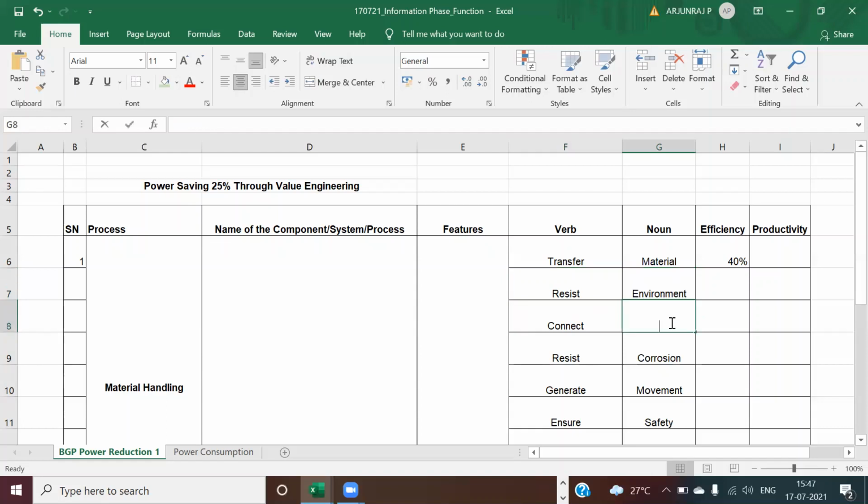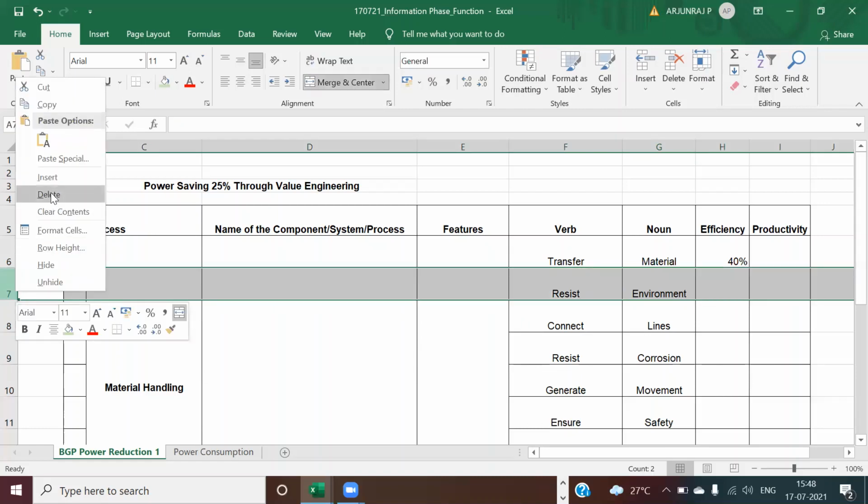One is horizontal: at ground floor feeding it is 0.5 meter and it is discharging the material at 12 meters. So can it be connectivity, connect between two different heights? Is this okay? Connect lines, vertical lines. Yeah. Can I write it in general as connect lines? Okay, okay. So what about resist environment? Is it a necessary function or is it not required?